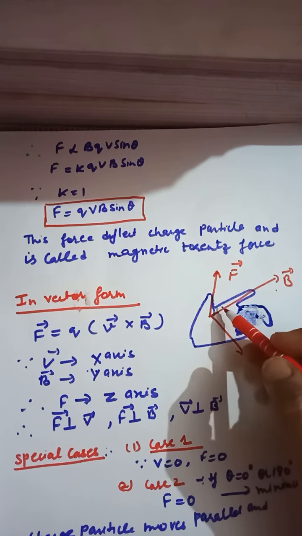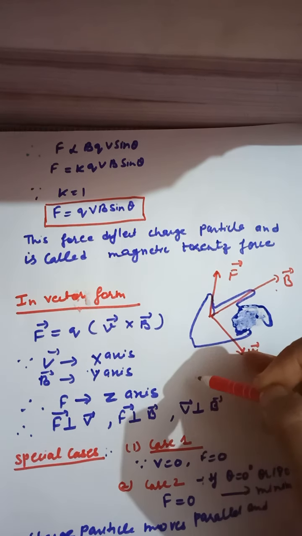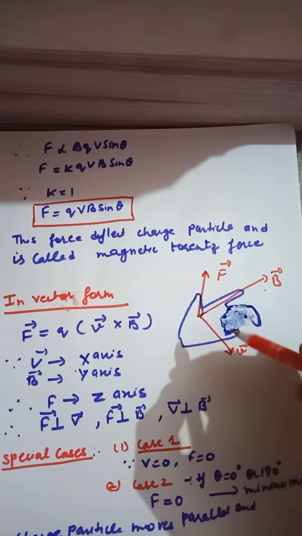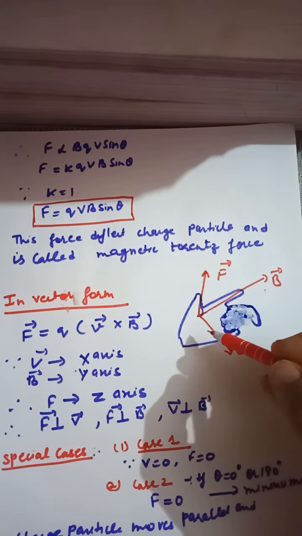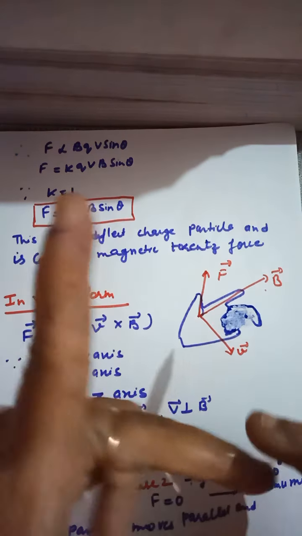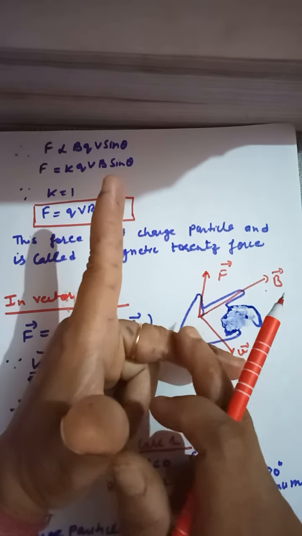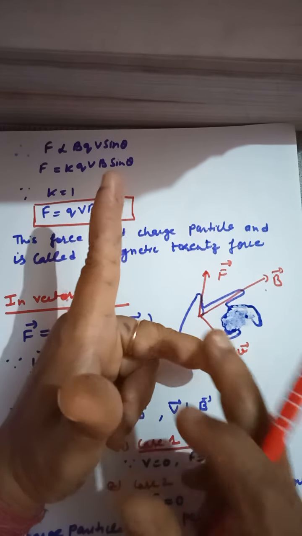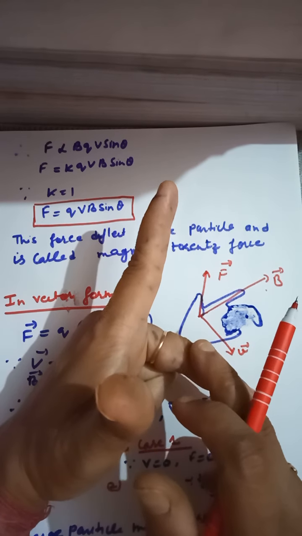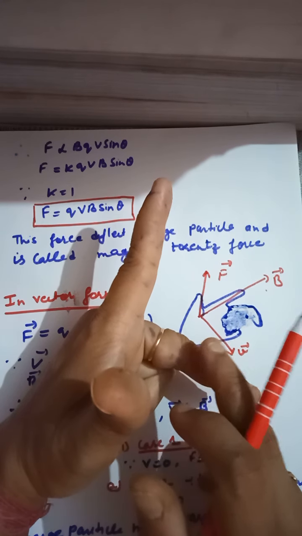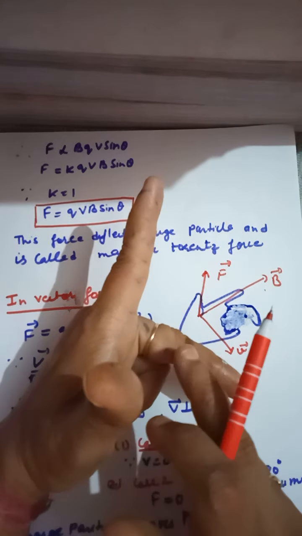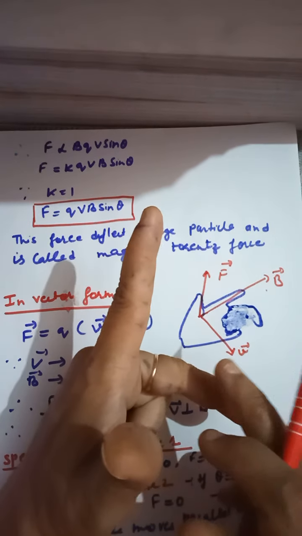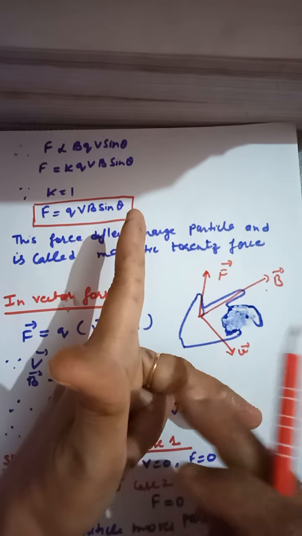And if you are taking a negative charge particle, meaning an electron, the electron will move just opposite to the direction of the motion of the positive charge particle, because that rule is applicable only for the direction of the conventional current. So this is the direction of the conventional current, but it is just opposite for the motion of the electron, so you will apply this rule for the electron in the opposite way.